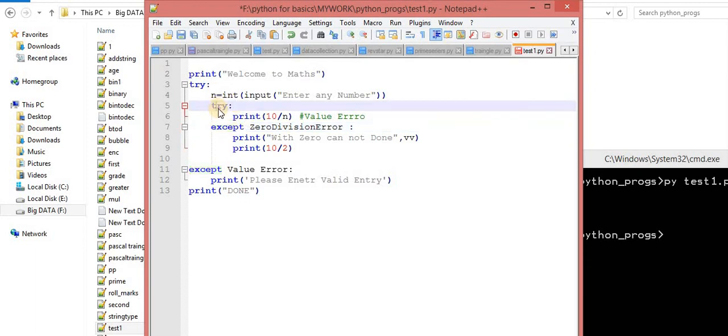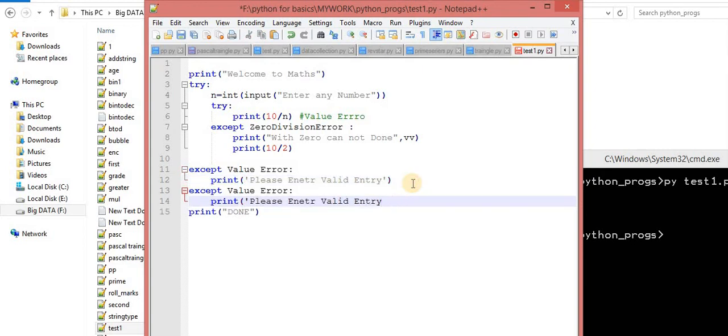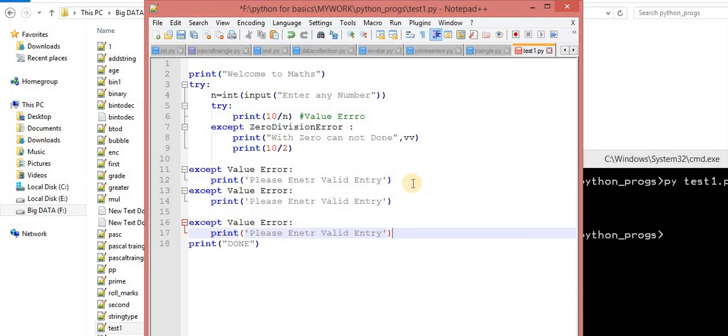But the inner try block is also associated with this except block and this except block. Let's imagine there are more except blocks. Just imagine the scenario: there are more except blocks. Now this inner try is associated with this, and with this.